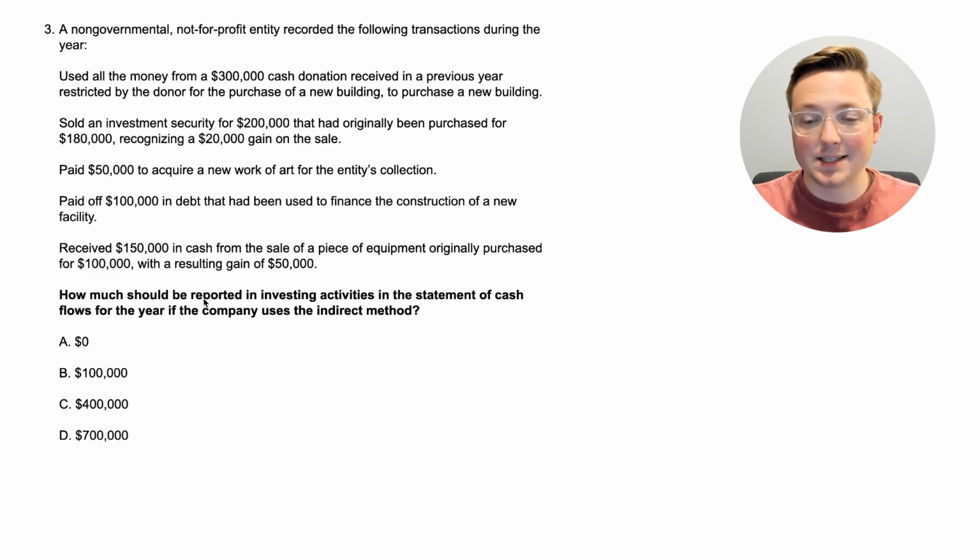So with all of that, what is going to be reported as investing activities from all of these transactions? Now, we've talked a little bit about these different things. We've talked about investing activities so far. And again, you might have seen previous videos where I talked about the statement of cash flows, and we also talked about some investing activity rules here. So go ahead and pause the video, think about this, do the calculation yourself, and when you're ready, come back, we'll look at it together.